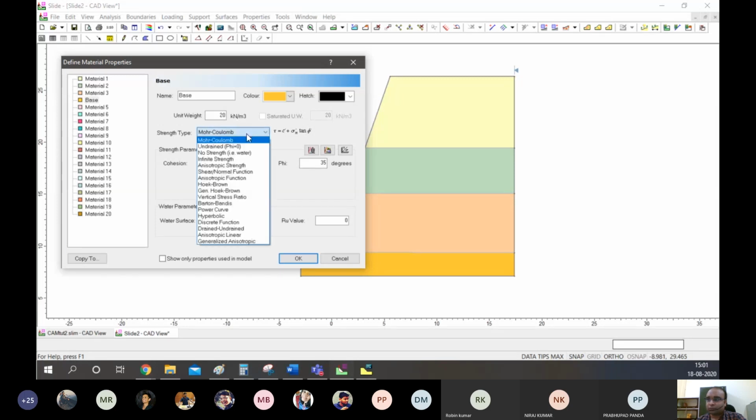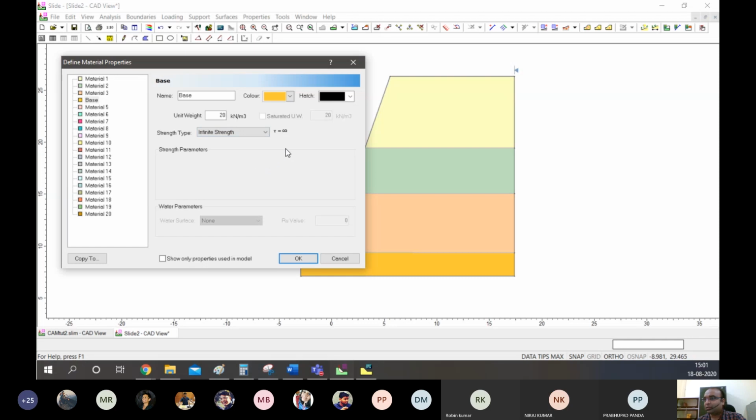There may be conditions where even the base can be affected by huge dumps, but for now we are defining it as the base, the lower part. So let's put infinite strength here, so tau basically becomes infinite. And now whatever happens, the slip circles generally won't be affecting this base.